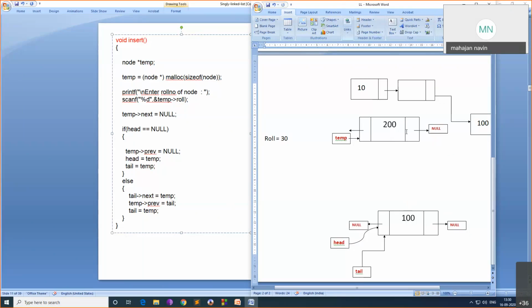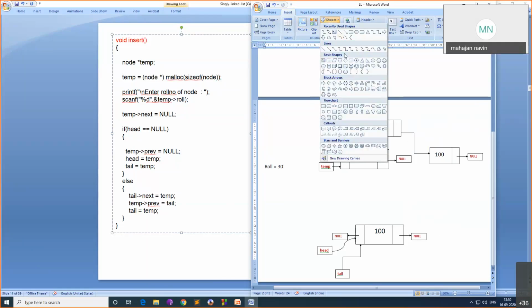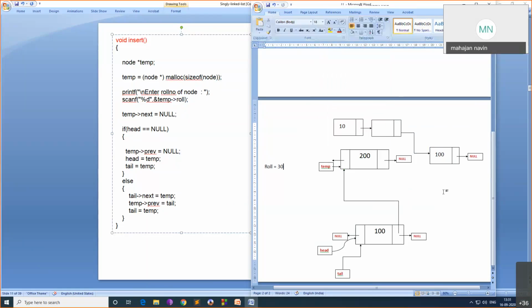That means this whole thing is pointing here. That is, we have to point it here. Tail of next is this much. So we'll take one shape. Okay. So now tail of next will point to temp. Are you getting it? Tail of next is here. Tail of next becomes temp. So that means it's not pointing here now. Remove this one. Okay, this arrow we have to remove later.